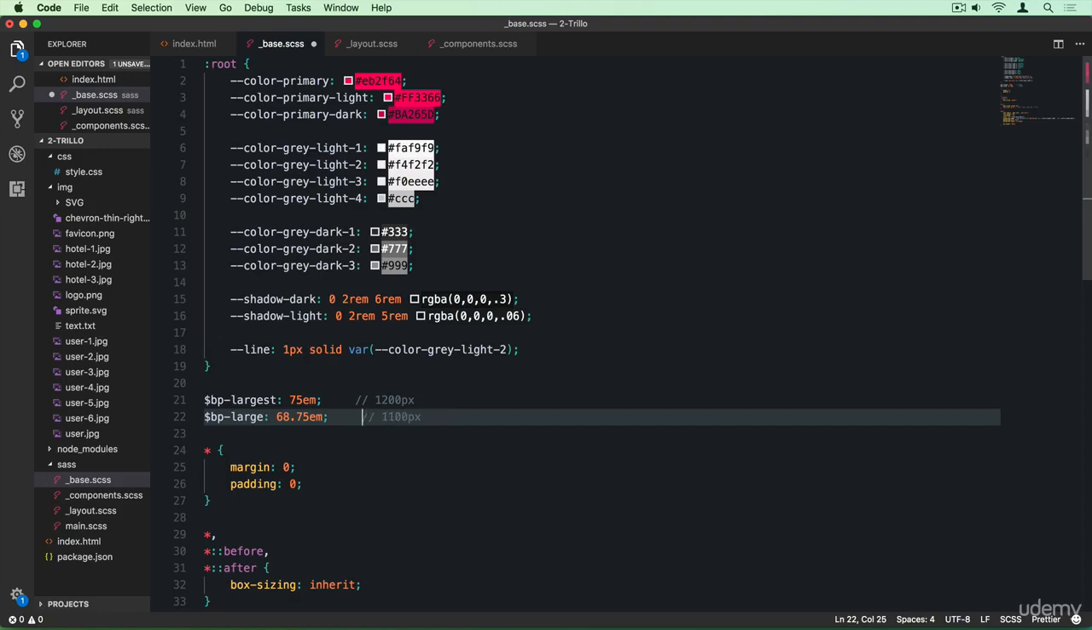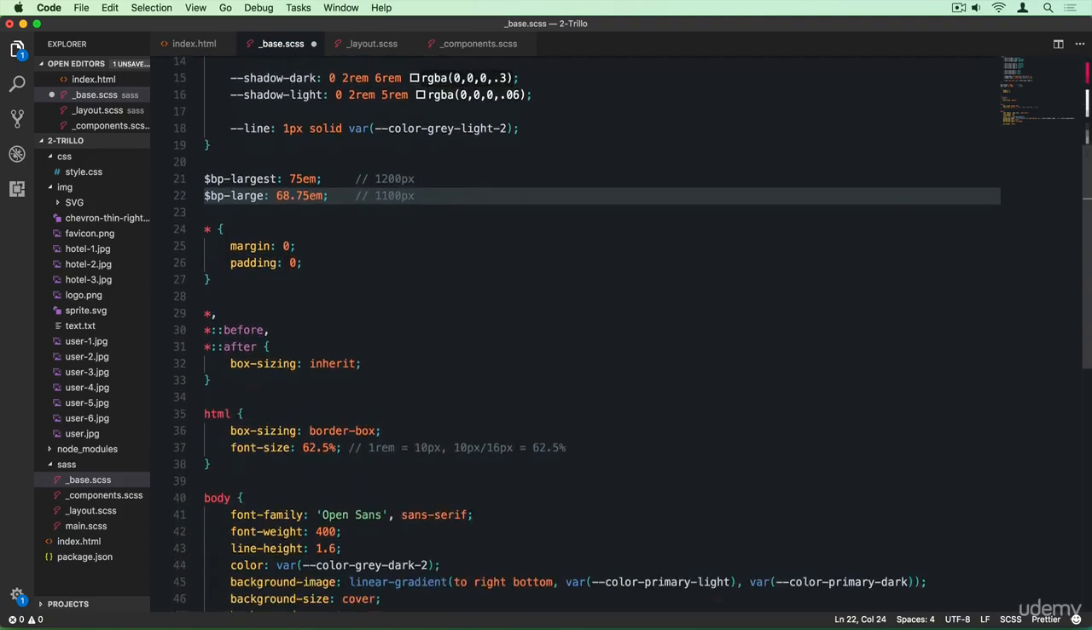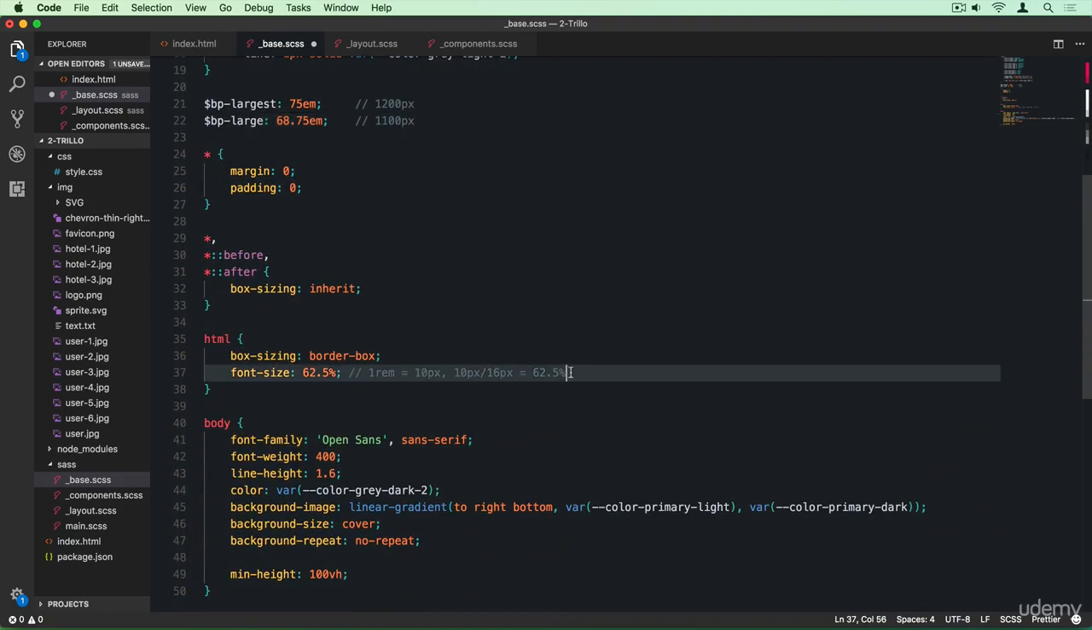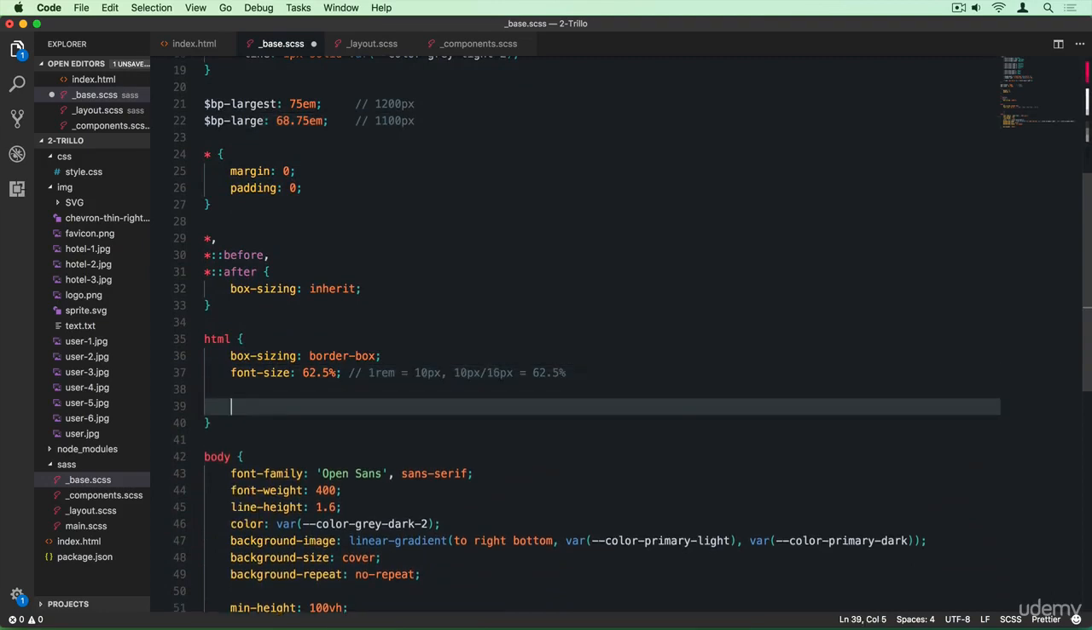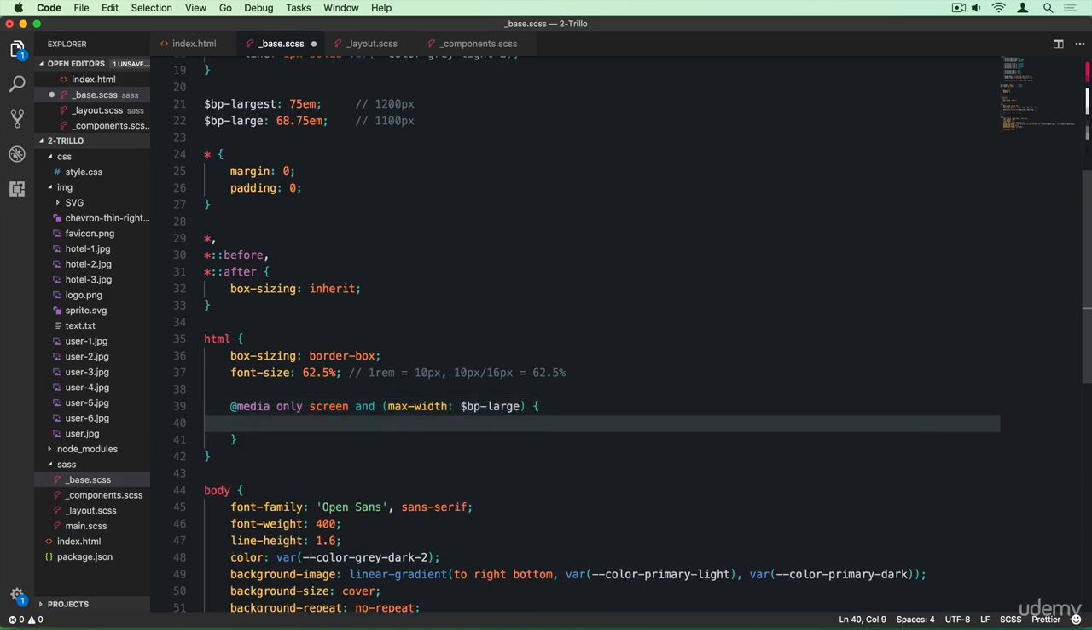All right, so 1100 pixels. And actually that one is here right in the base file. So let's just include it here. So add media only for screens and max width of BP large. All right, so right now our font size is 62.5%, which makes it so that 1 rem